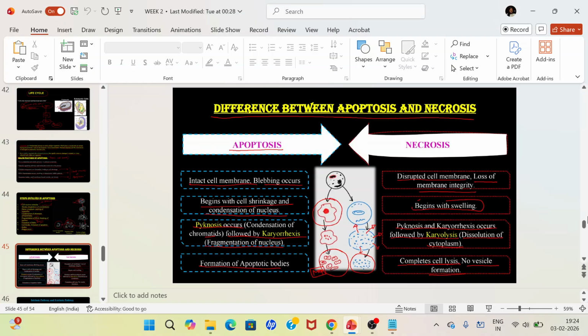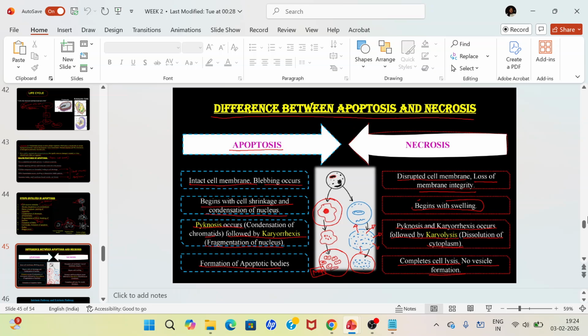The difference between apoptosis and necrosis is that in apoptosis the cell membrane is intact and blebbing occurs, while in necrosis the cell membrane is disrupted. Basically, in case of apoptosis, the cell will not try to harm any other cell in its vicinity, so it will die in a manner that forms small vesicle-like structures, so that all of its material is present in those vesicles, and those vesicles will be ingested by the macrophages, so that the harmful material won't burst out and affect the